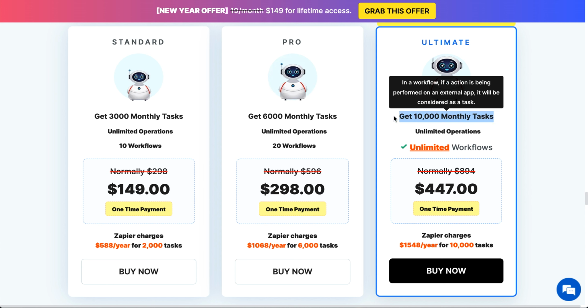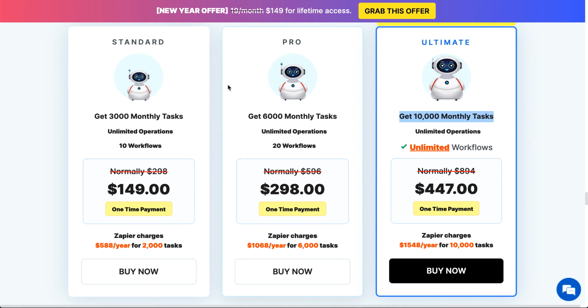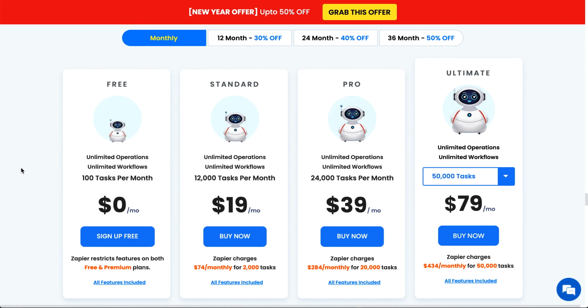So this might be a great option for someone who is going to use this at a moderate, or small degree, who only needs 10,000 tasks a month, or 6 or 3. Someone like me, this lifetime access might be a great deal, but for some businesses, it's not really going to work out, in which case I would recommend they go with the monthly pricing.